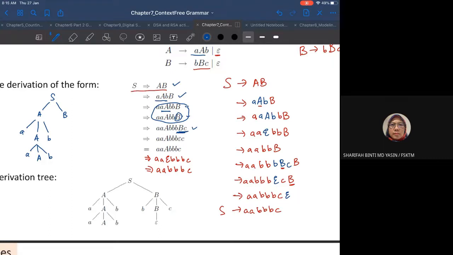Okay, so I just take the B, right? The B becomes B, then B, then C. Okay, then what happened here? The B is changed to epsilon, right? So this becomes the epsilon, right? Then finally,